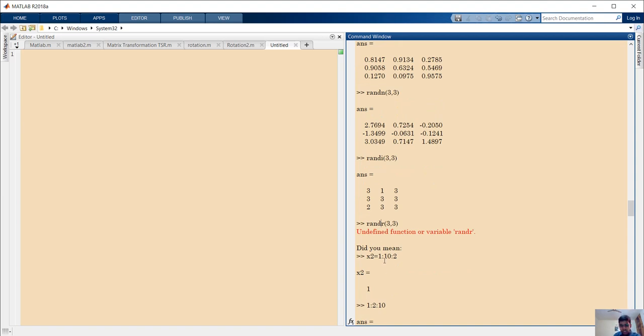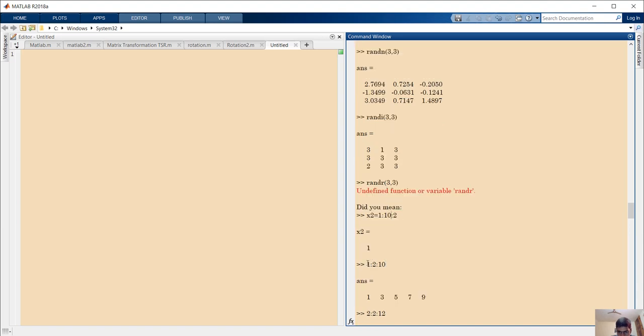Now if you take a variable x2 and go from 1 to 10 with a step of 2, that will create a matrix like this.